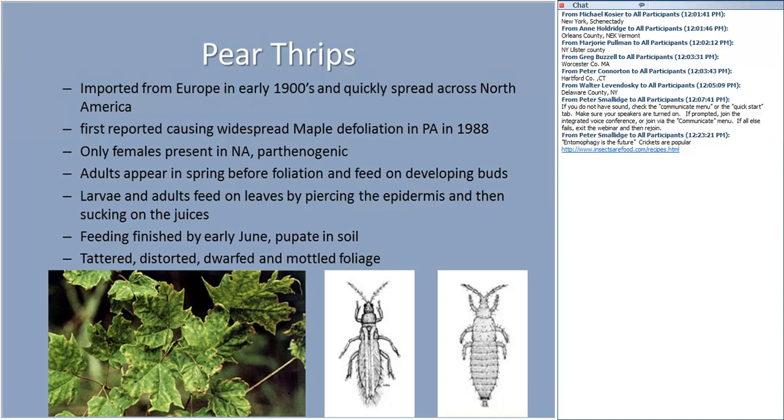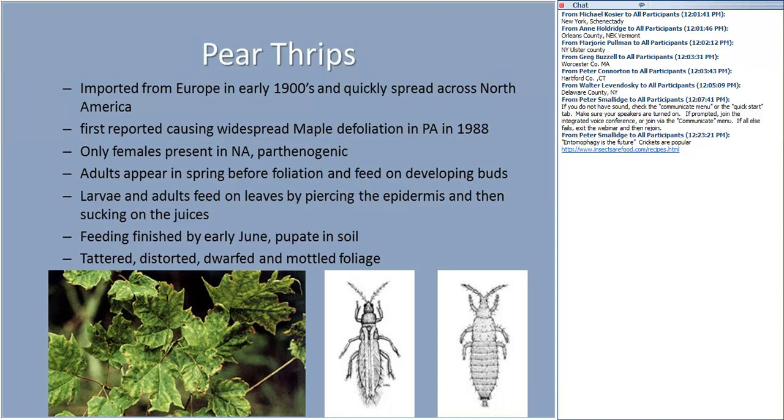Now, this is a teeny tiny little thing, a couple millimeters in size, and the adult comes up out of the soil. It spends most of its time in the soil, about 9 months. So in spring, when the buds are breaking, the adult will come up and it will begin feeding in the buds, and it will lay its eggs in the developing tissues, and the larvae will then feed on the leaf tissues and cause, you can see the